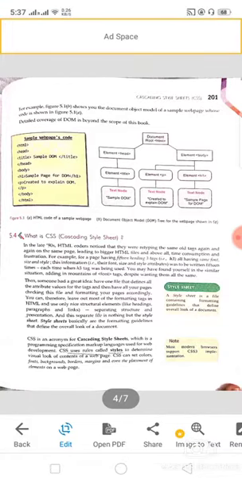In cascading style sheet, we need not write the same code again and again. This is the advantage of writing the code in CSS, cascading style sheet.